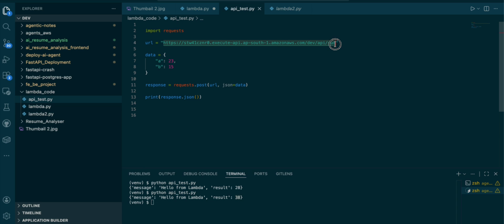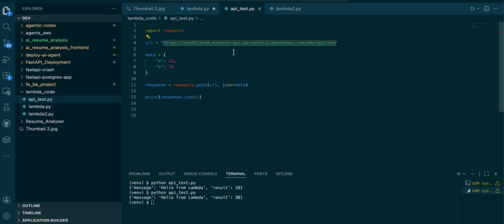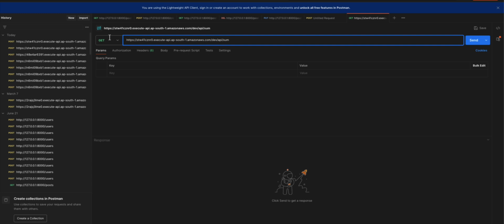I can call this API from anywhere else, and this is a big security issue. By default, API gateway creates a public API. That means anybody can call this API now if they have this link. And that's a big problem, and I will quickly demonstrate it by going to Postman, which is a different client for us. What I will do is I'll copy this, I will paste it, and then I'll send a post,